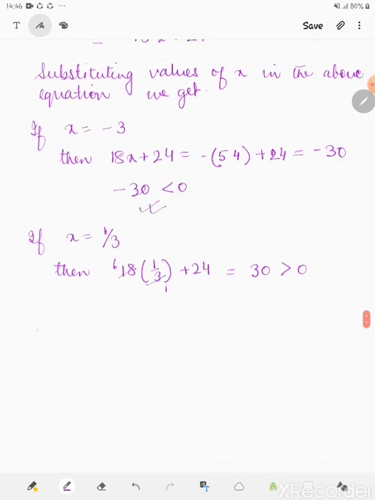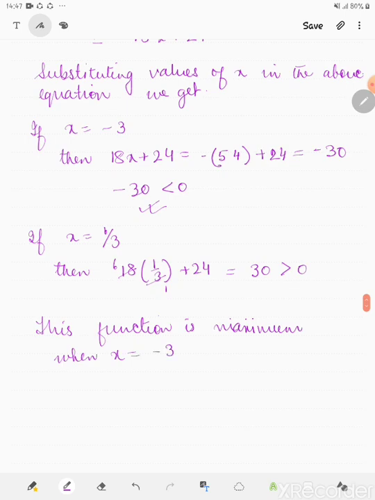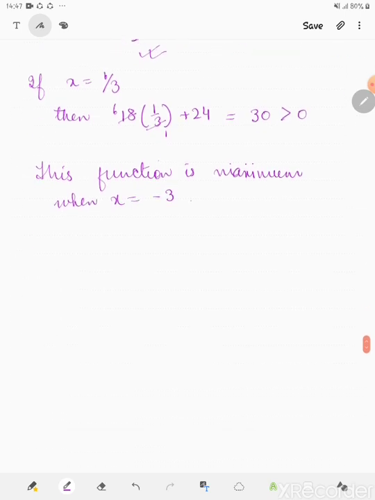तो हम कह सकते हैं दैट दिस फंक्शन is maximum when x is equal to -3. ये मिल गया है. और फंक्शन मैक्सिमम कितना होगा, when it is maximum, y is equal to 4 minus 9 into -3 plus 12 into -3 square plus 3 into -3 to the power